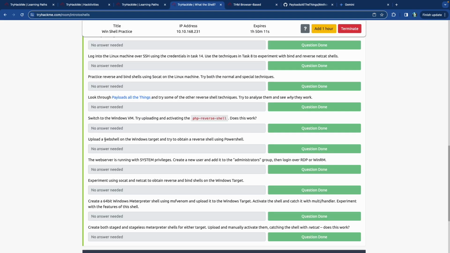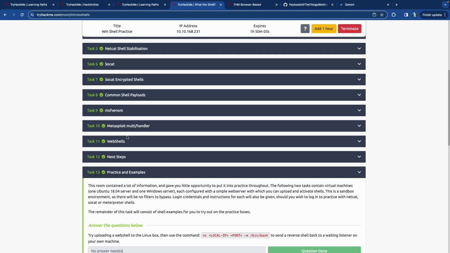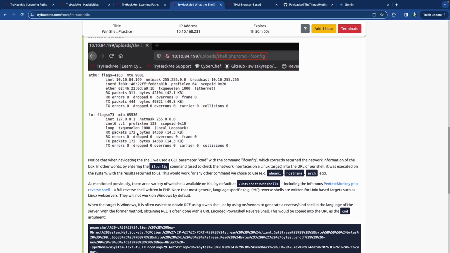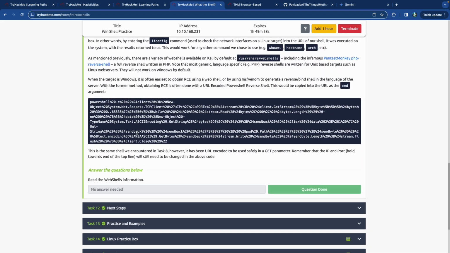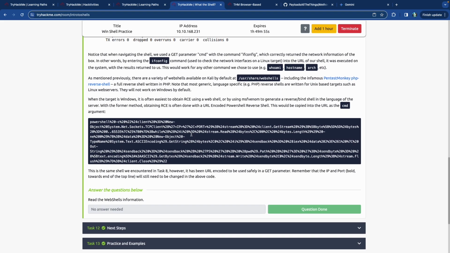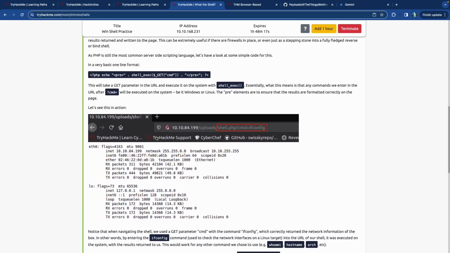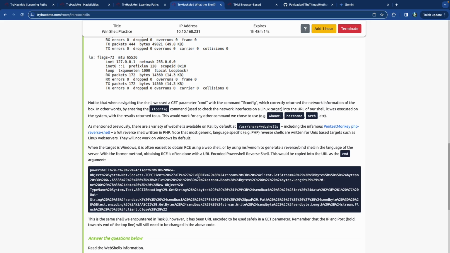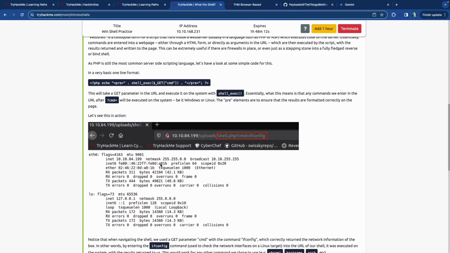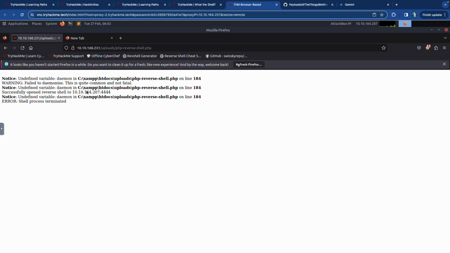So now what we need to do is upload a web shell on the Windows target to try to obtain a reverse shell using PowerShell. So, web shells for Windows, and I think this is it for the Windows. So let's see. Before I try this one, I want to first try, actually I think this is what we're supposed to put as the command at the end of this thing. I think, yeah. So, alright, I already have this, so I'm going to try uploading this first, and then from here we will go and